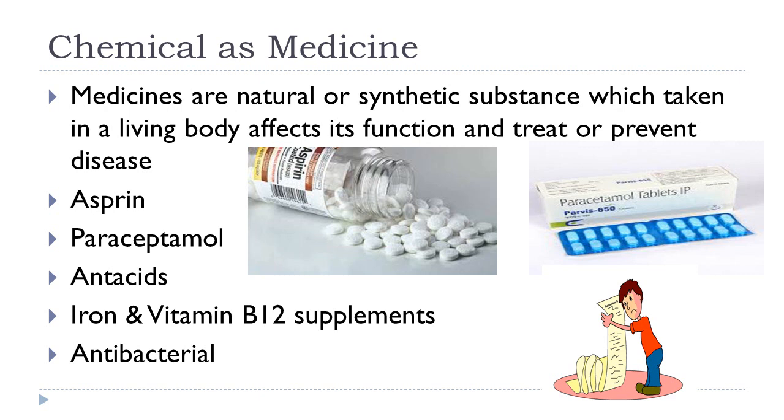Some other medicines are there. First one, antacids. It is used for acidity and upset stomach. And next one, iron supplement and vitamin B12. It is used for anemia. What is meant by anemia? Deficiency of red cells in the blood. And next one, antibacterials. It is used for conjunctivitis. What is the meaning of conjunctivitis? Pink eye. It is formed by bacteria.